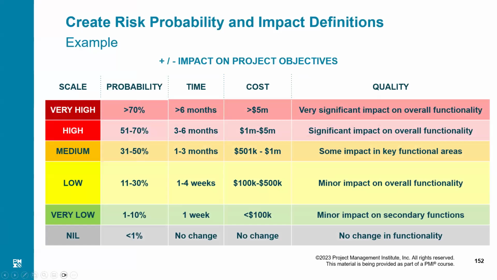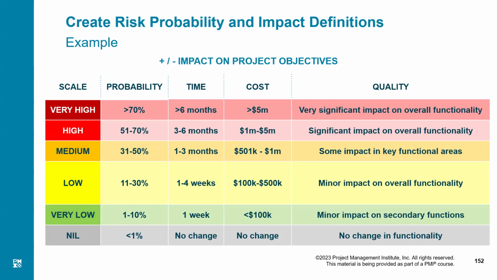Now, before I can talk about the probability and impact matrix, look at this chart. We have kind of categorized them on a level of 1 to 5, from very low to very high. Very low is 1, low is 2, medium is 3, high is 4, and very high is 5. Now, you understand that a risk has two things. One is the probability and the other is the impact. Probability is very simple. What are the percentage chances of this risk occurring?